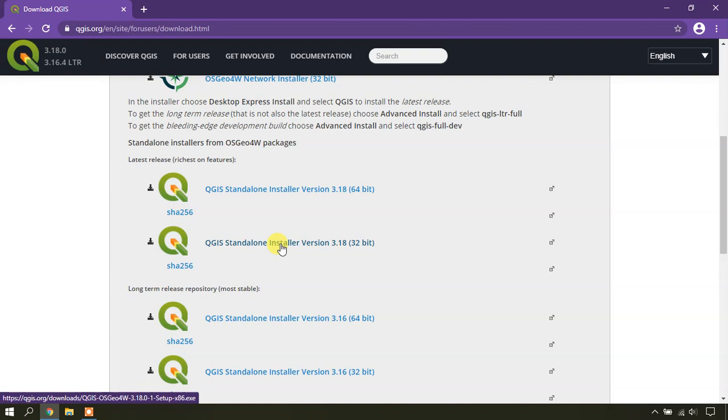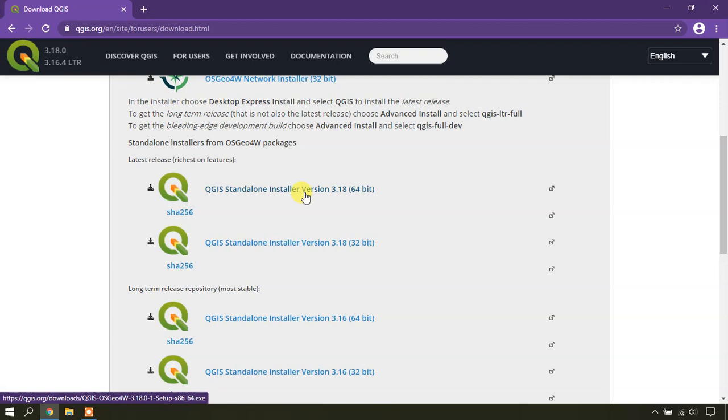The difference between the two is that the latest release will have the newest tools added. The long term release, the most stable version, will have a decent workflow, with fewer bugs compared to the latest one. So these are the differences between versions 3.18 and 3.16.